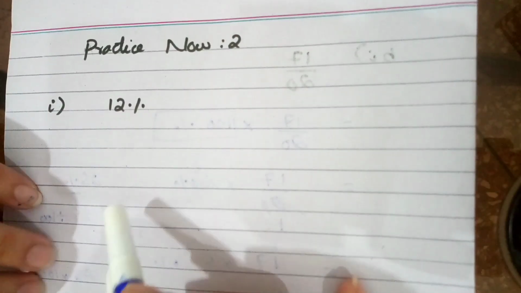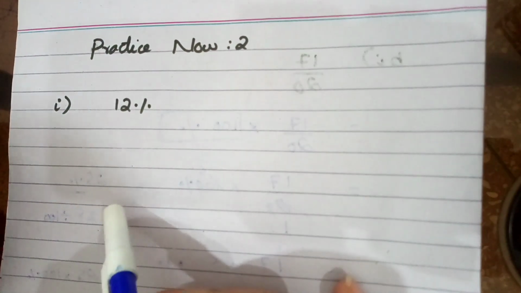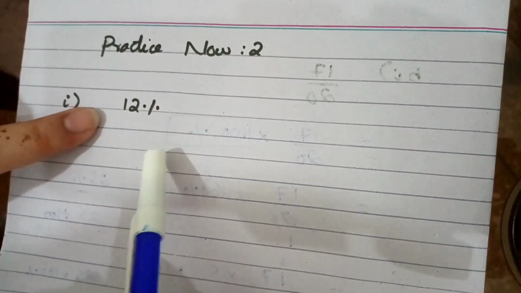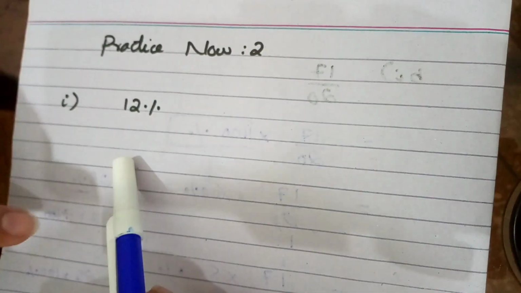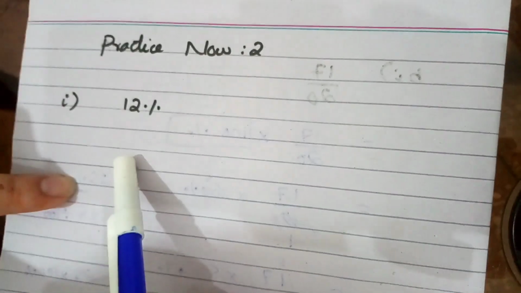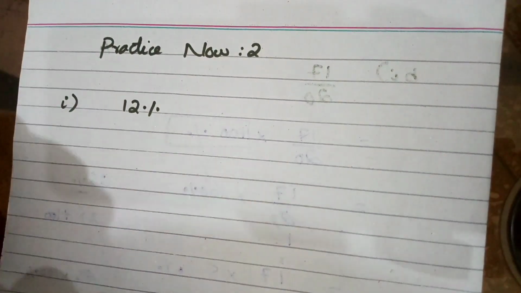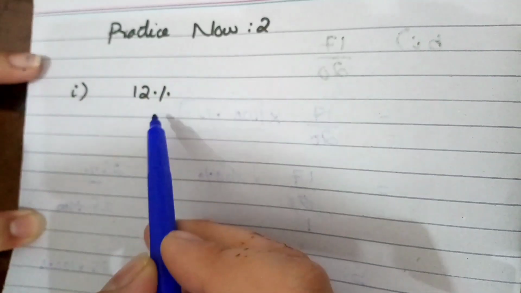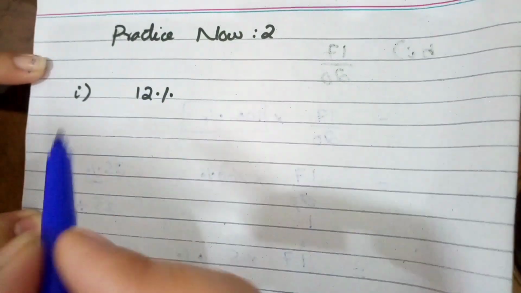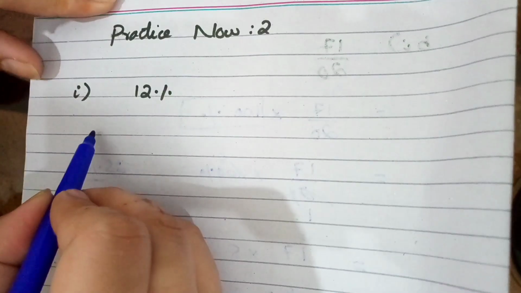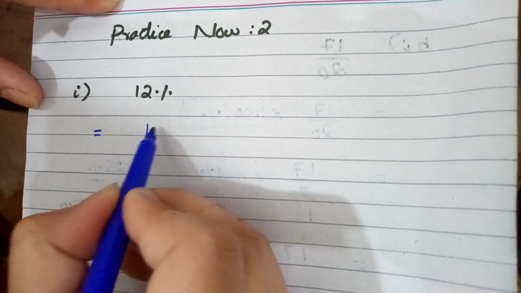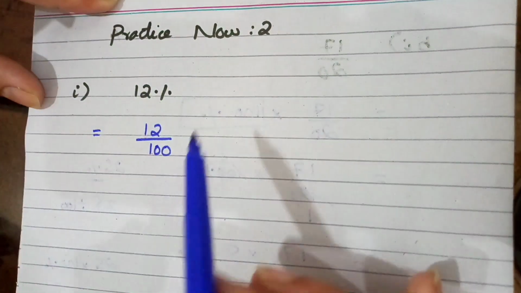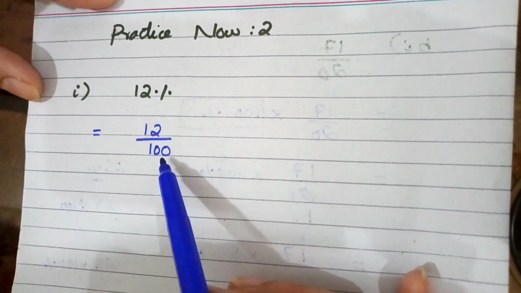Now we will start practice now 2. In practice now 2 we have the first question. Express each of the following percentages as a decimal. Okay, when we simplify the question, our answer must be in decimal form as it is the requirement in the question. So to solve this question, first of all resolve this percentage sign. One percentage sign is already written in the question, that means 12 parts per 100. So to remove this percentage sign, we divide the term by 100.